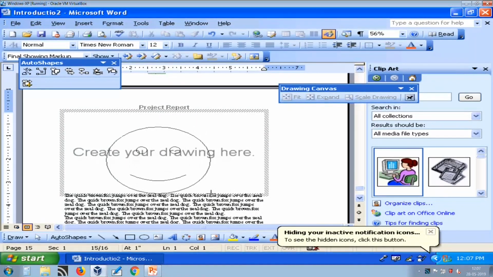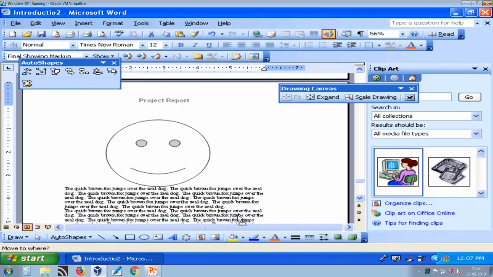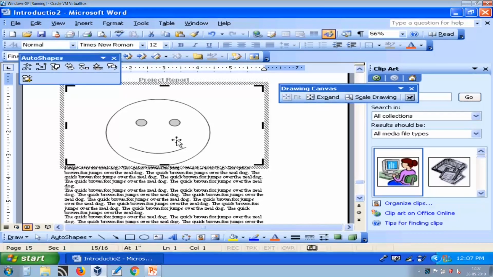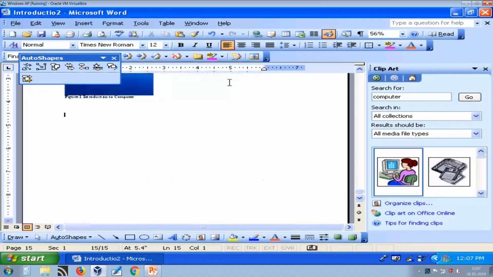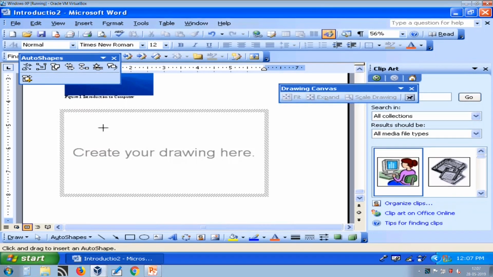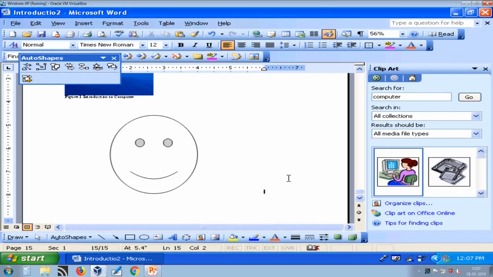So I need to just select and draw. If you want to delete this, you can just select and delete. I want to insert a smiley face here, so I can use any of these shapes and just drag your mouse button to draw that shape.